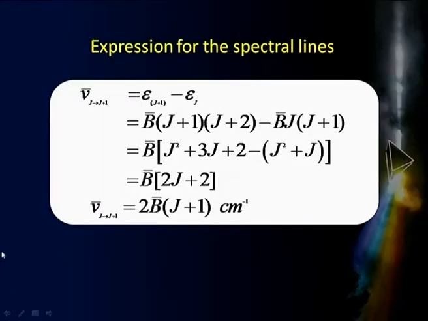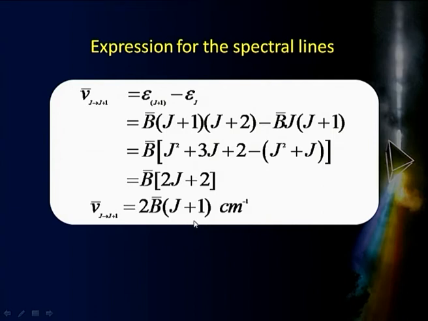Okay. Now, if I want to find a generalized expression for the spectral lines, what is the position of the spectral lines here? I can simply do it: the nu bar for the j to j plus 1 transition, that means the wave number of the transition from any level j to the j plus 1 level, can be computed by putting the expression for the energy of the j plus 1 level and subtracting from it the energy of the jth level. With a little substitution, I find the expression comes out to be 2b bar (j plus 1).